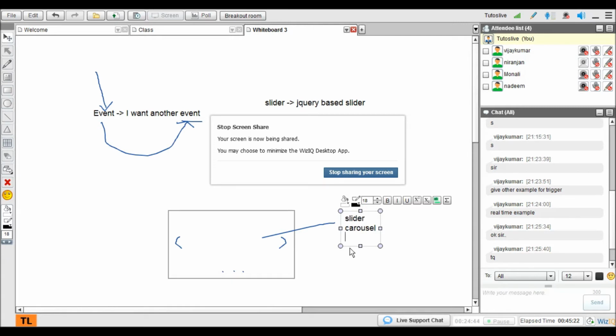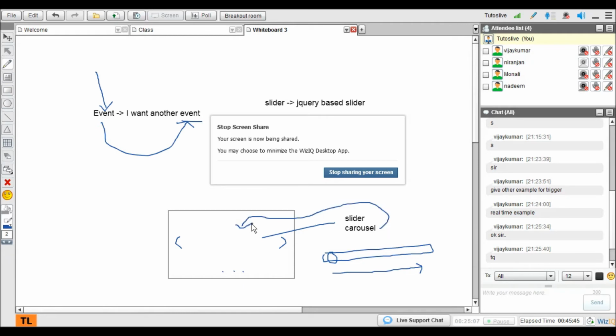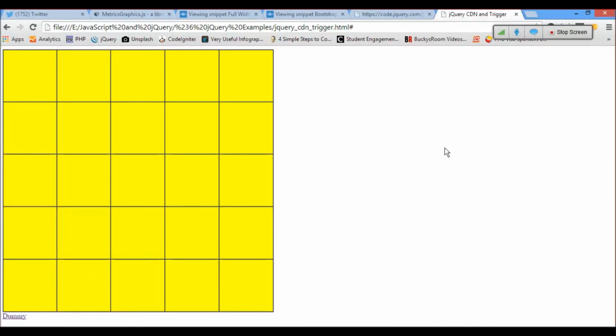There are only two names, slider or carousel. Some people also say a slider is something which you slide, like a bar here that you just slide. That's called a slider too. But a carousel is definitely a slider, and this one is definitely called a carousel. Let's see the plugin here.